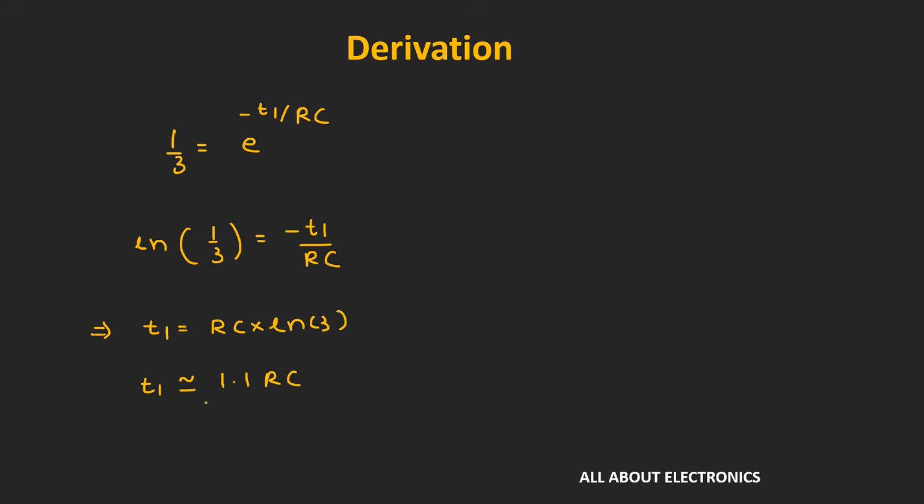Now over here, as we have used resistor R1 and C1, this expression will become 1.1 times R1 times C1. So using this expression, we can calculate the time for which the output of this monostable will go into the unstable state. Or in a way, we can say that using this expression, we can calculate the value of the time delay. So I hope in this video you understood how we can design a monostable multivibrator using this 555 timer IC and how it can be used for different applications.